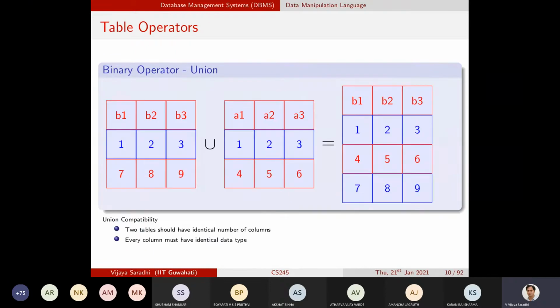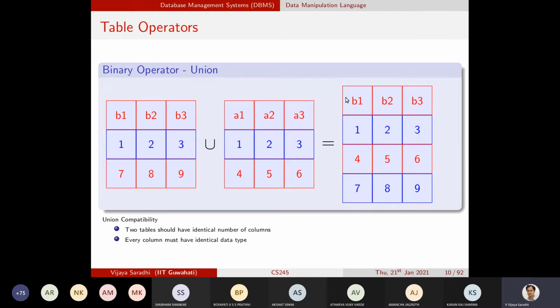Now this particular slide just reverses the tables. Instead of table A union table B, I am saying table B union table A. Is there any difference in the answer? There is no difference. But what is the difference that actually gets in? It is the names of the columns populated in the resulting new table. And these are very important.